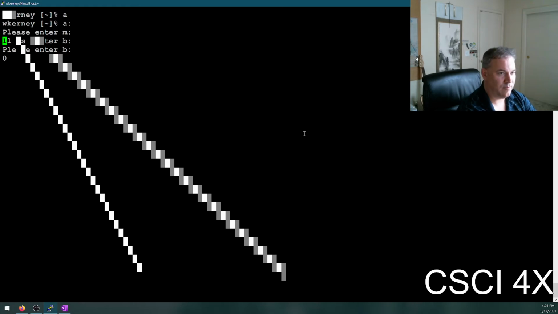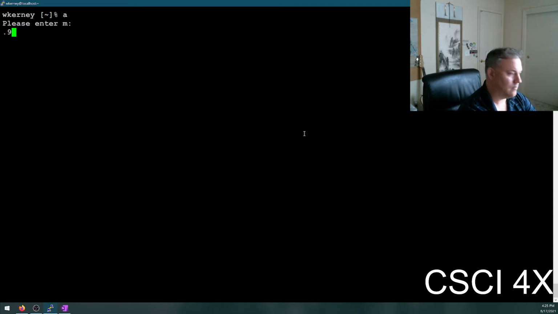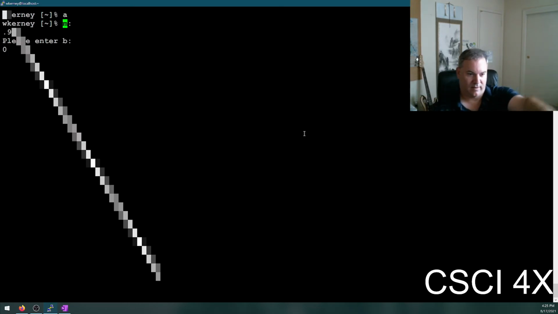Oh, right, because it's steep. 0.9. So you see how it's anti-aliasing coming down? Doesn't look bad. So yeah,